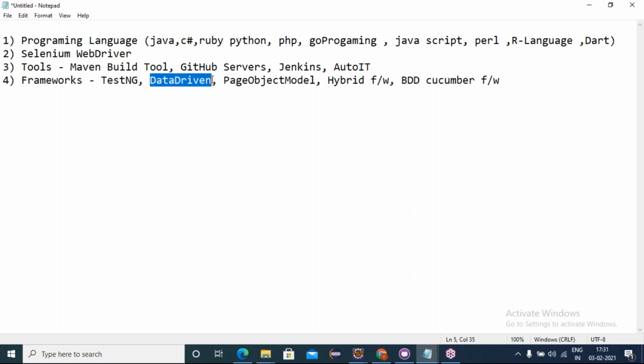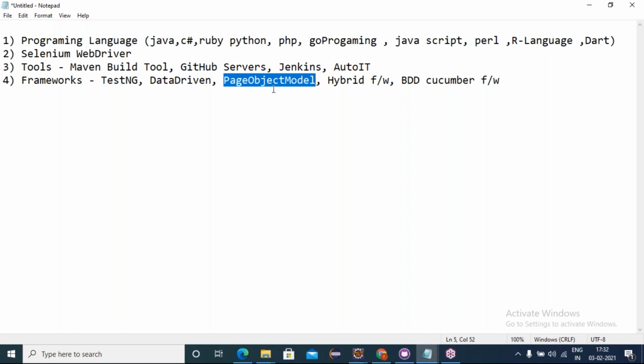That is how we organize the data: data-driven testing. And the page object model. Here the name itself talks about pages. Friends, in our web applications we can find a number of pages: login page, registration page, add to cart page, payment page, women's wear page, menswear page, cosmetics page. Like this, we have a number of pages together, and we call them one website.